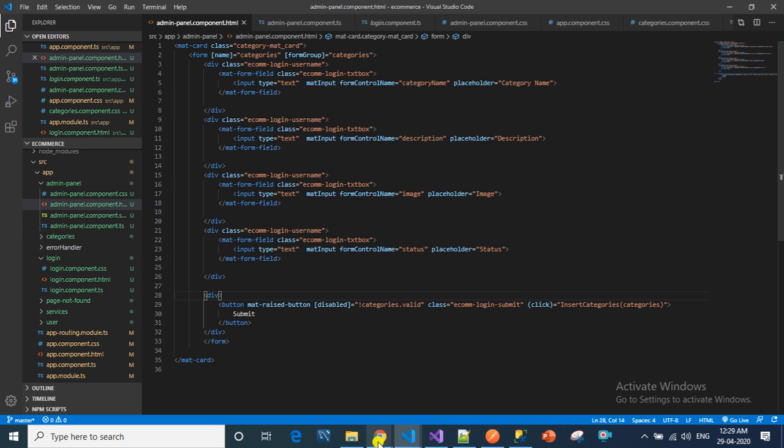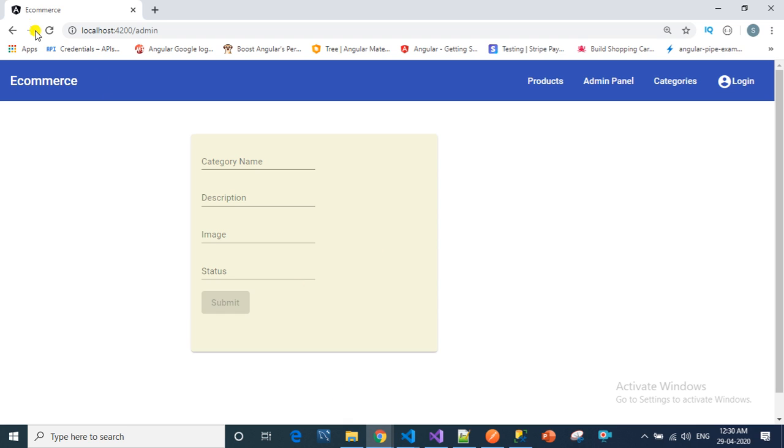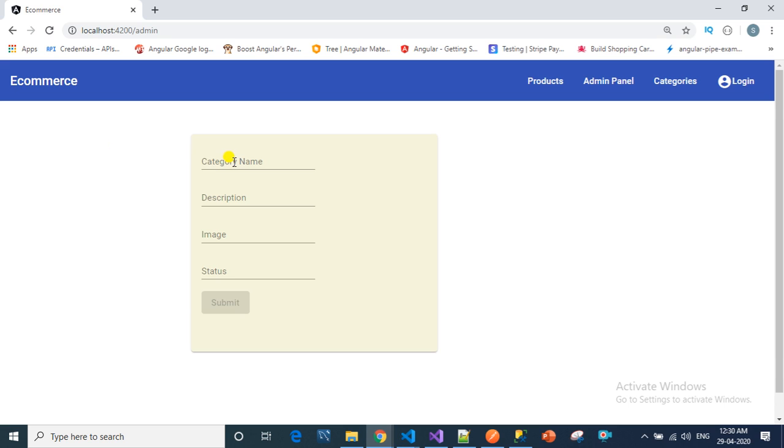Now let's go to browser and let's check what's working here. So you can see here we got all the category name, description, image and status input boxes. Now let's enter the data into here.